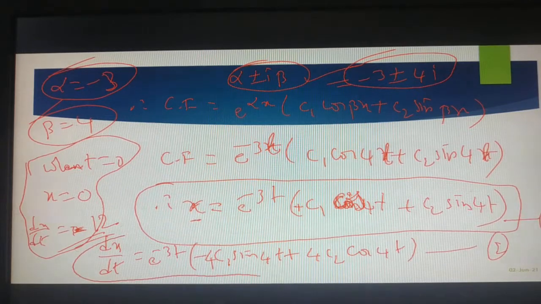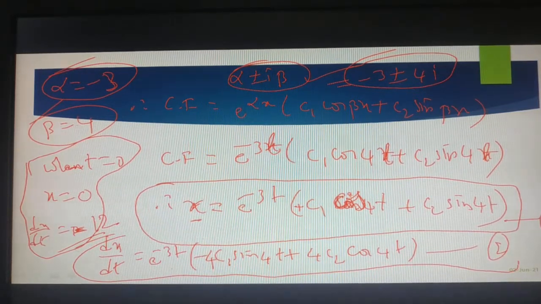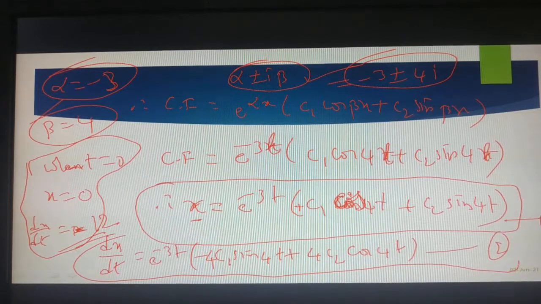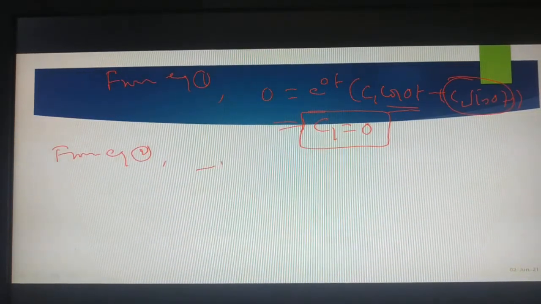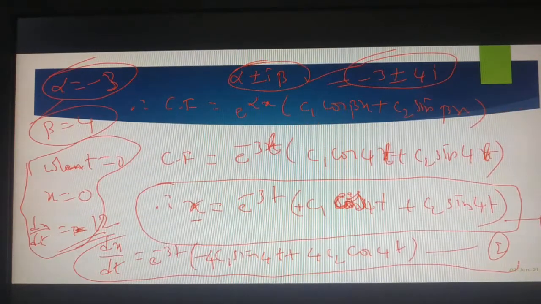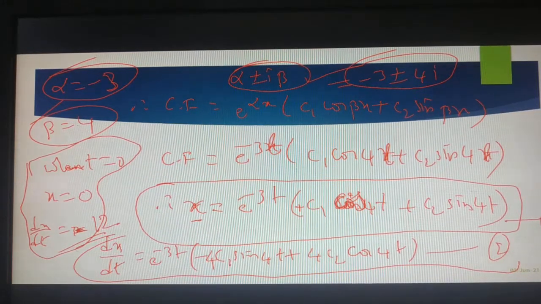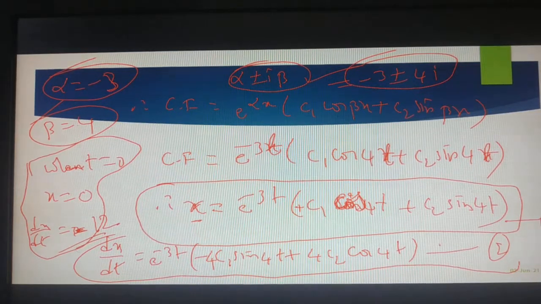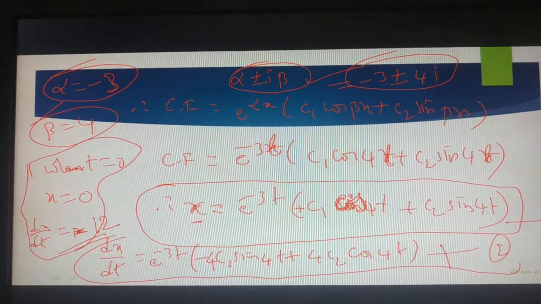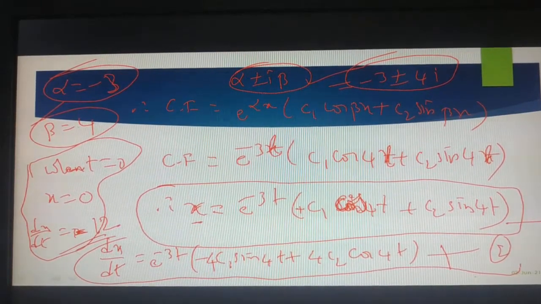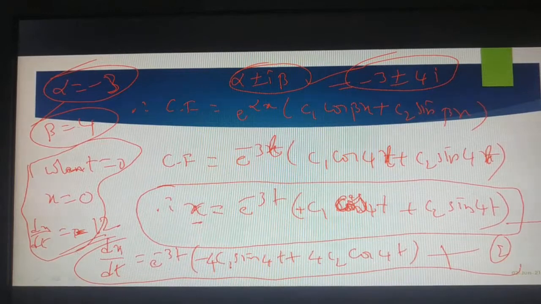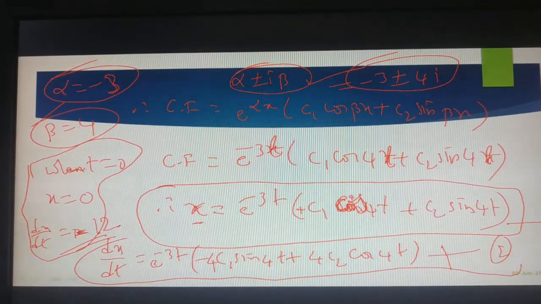So this is your equation 2. In this I want to substitute when t is equal to 0, dx by dt value is minus 12. So minus 12 is equal to, and of course here, when I am applying the u into v formula, I have to continue the same thing, right? This time that will be right. I have to add that, right? Plus, here I am finding dx by dt of e power minus 3t.